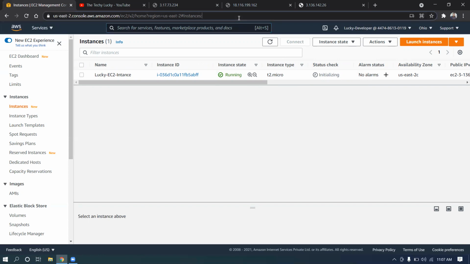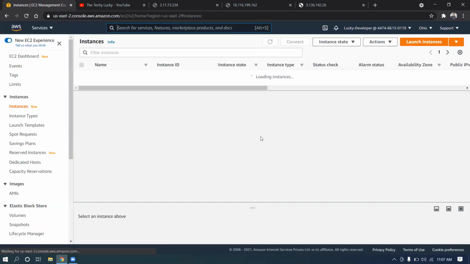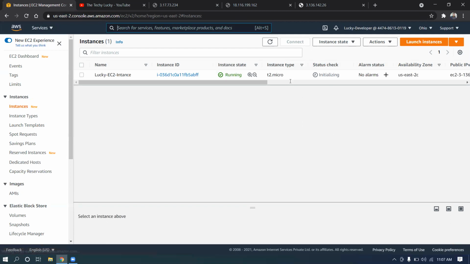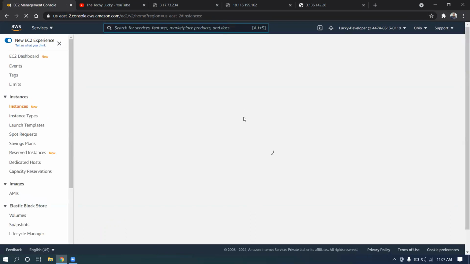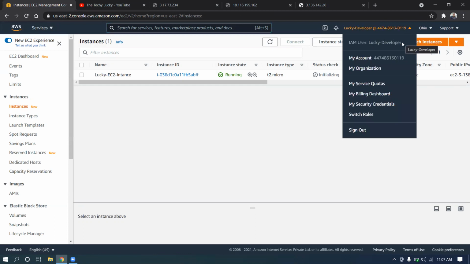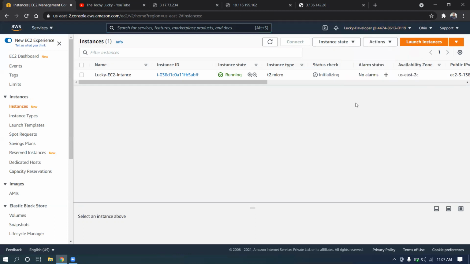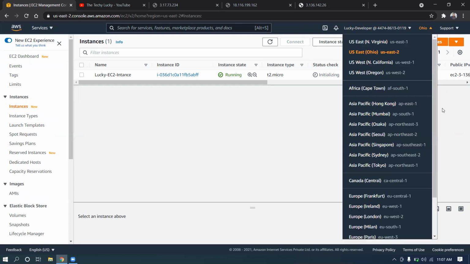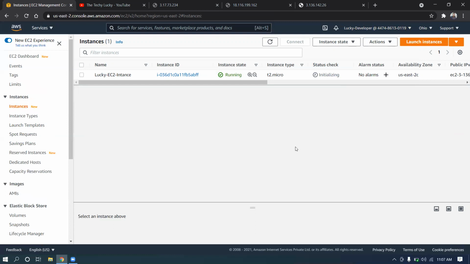Let's wait for some time. It should be up and running. And yeah, let's check. Okay, so now you're able to see it's still initializing, no problem at all, because sometimes it may take time to come up. Yeah, you need to wait for some time. Last time also I explained that I logged in as an IAM user. You're able to see this is the unique ID and the IAM user name is Lucky Developer, and right now I'm in the Ohio region. Whatever region you would like to go to, you can go for it. Right now we are in the Ohio region, but previously we were working in the Mumbai region.